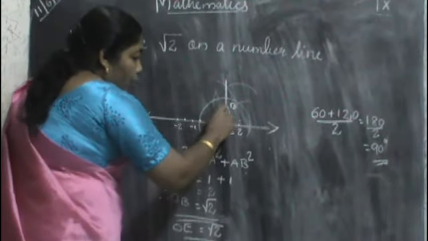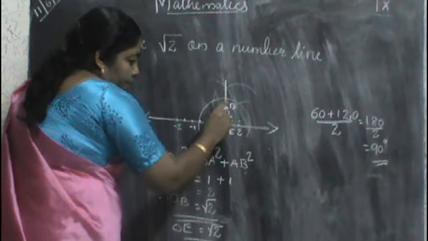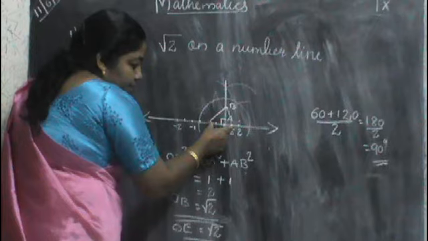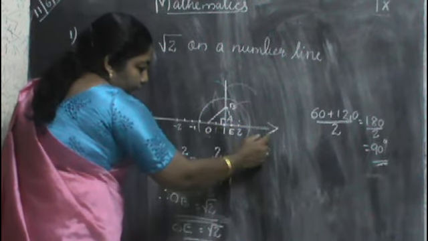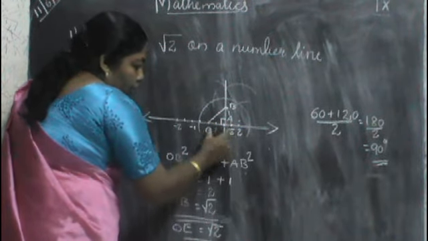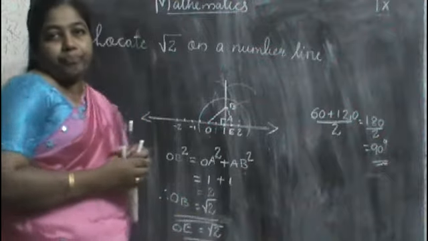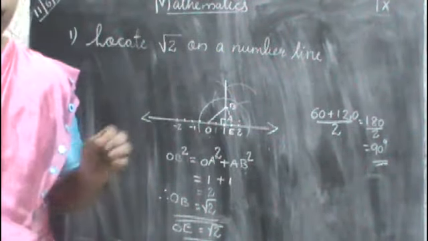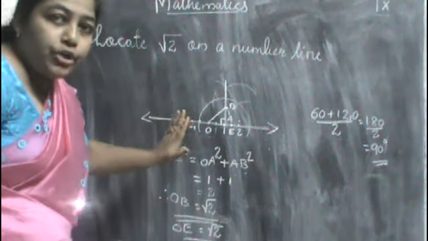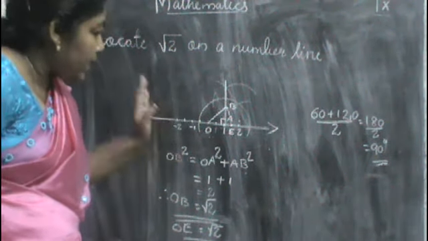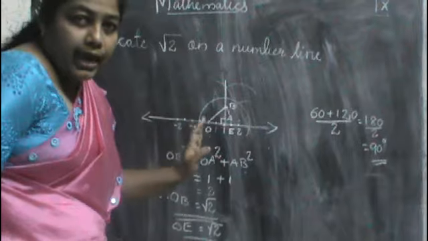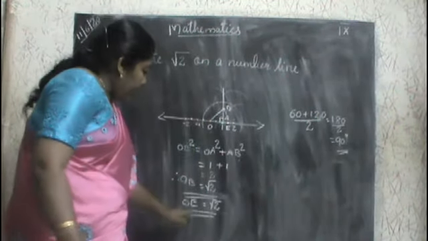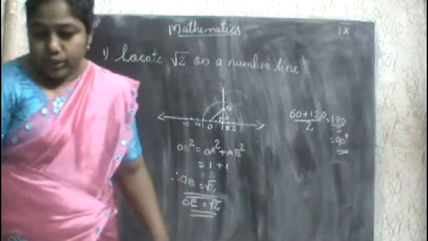Now you take OB on the compass and using OB as radius draw an arc like this. That arc intersects the number line at the point E. Then OE represents root 2. Is it clear? Now you just write the steps also. All of you draw this in your notebook very neatly using pencil and scale, and draw this with compass and draw neatly and write this much. Then you write the steps also.